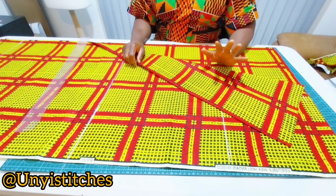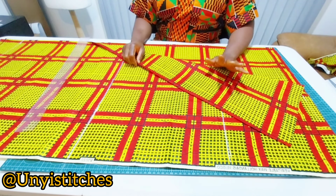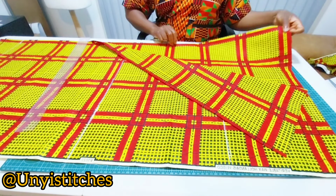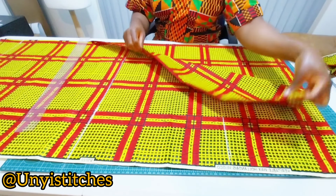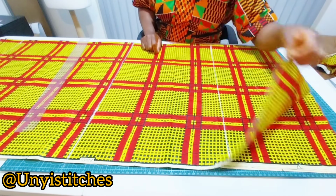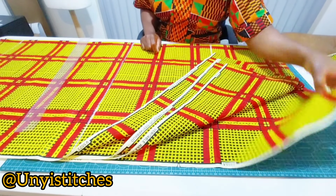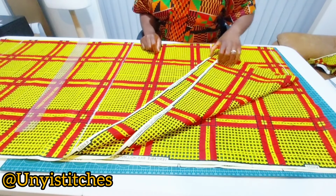I'm going to cut my front and my back panels at the same time. So I folded this one for my front, folded this one for my back, so they are both on 4. So this is 1, 2 for the front, 1, 2 for the back. Okay,